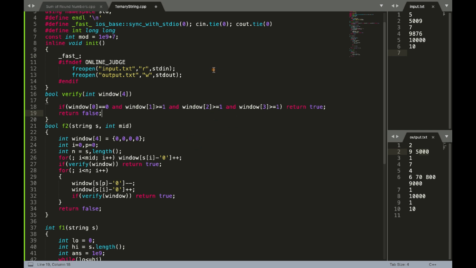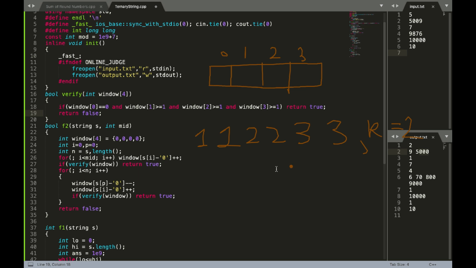So I have created a window, basically a map of size 4, indices 0, 1, 2 and 3. Okay, and I got a string as 1, 1, 2, 2, 3, 3, and a k, or we can say window size as 2, let's say. So I will first make a window of size 2,